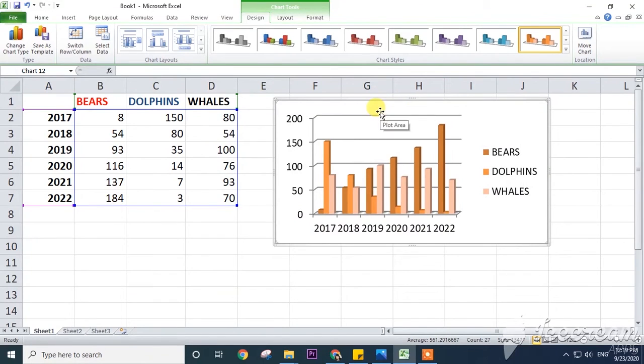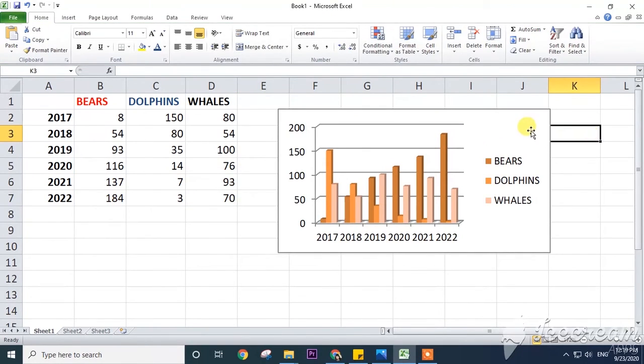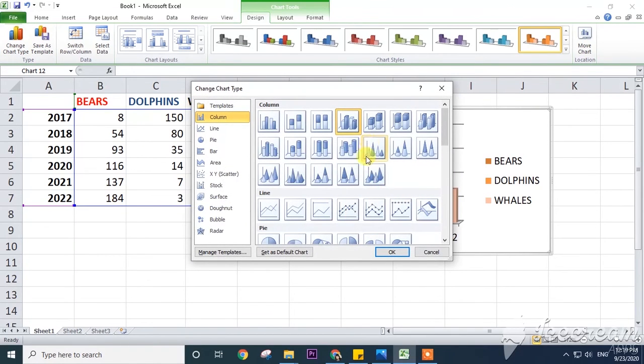Next one is chart type. How can we change the chart? This chart I want to change into a bar chart. There is a change chart type option here. First we need to select this one. If you click here, it will not come. If you click on this only, it will appear in the design tab, and click on change chart type, and choose which type of chart you want.